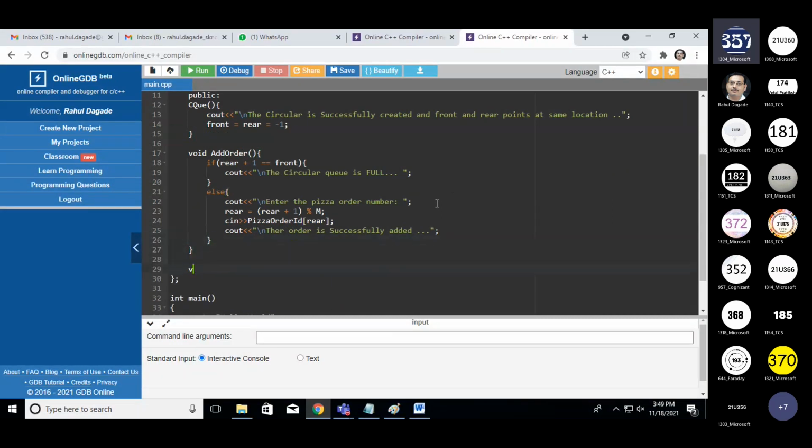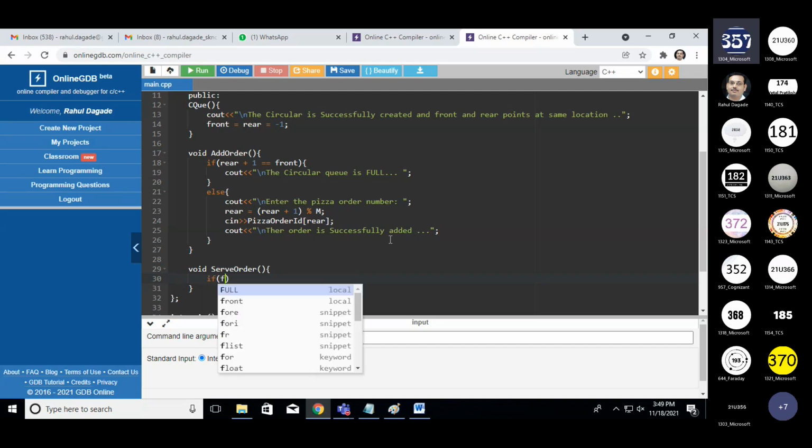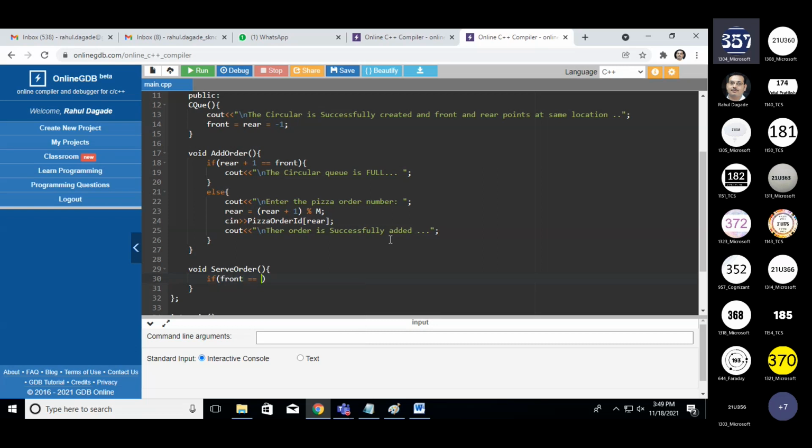Void serve order. Now to serve the order, if it is empty, then we cannot serve it. So we have to check the condition if it is empty or not. What is the condition for empty? If front equal to rear, then what we have to do? Cout